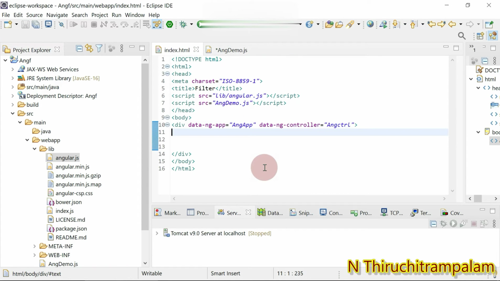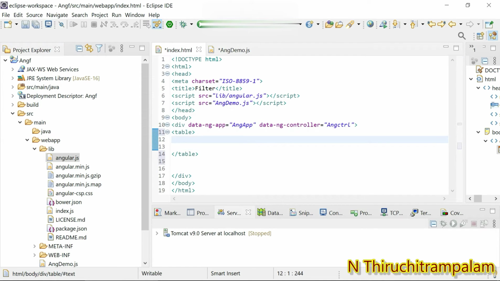So I just give curly braces, and now I'm going to use a table. Within this table I use the tr. The table is used to display the data in a specific format.